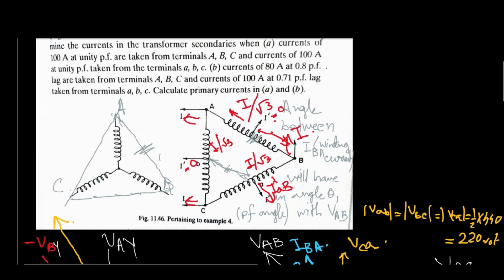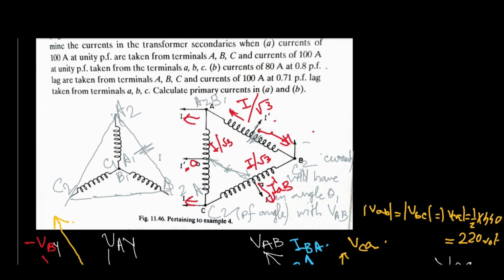Suppose this one is A2, A1, C1, C2, B2, B1. So basically this is C2, C1, this one is B2, B1, this one is A2, A1. Fine. So whatever voltage you will have here,